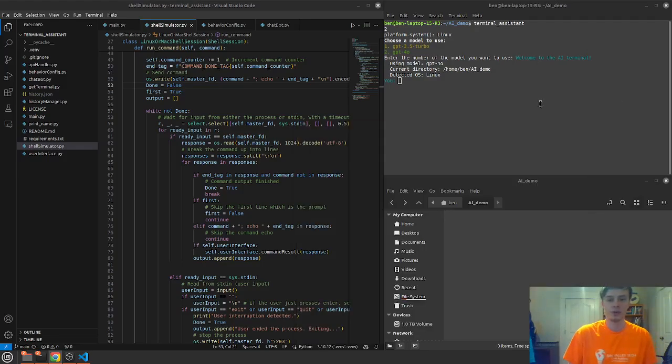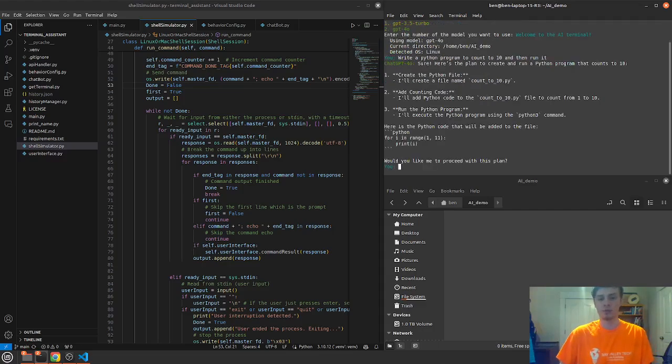Now, my program just expands on this process. So essentially, I can ask it to do whatever I want, and it'll be able to write code, it'll be able to execute code, and it'll be able to tell what the code does, so it can debug if there's a problem. So if I tell it, write a Python program to count to 10 and then run it. I should be able to do this.